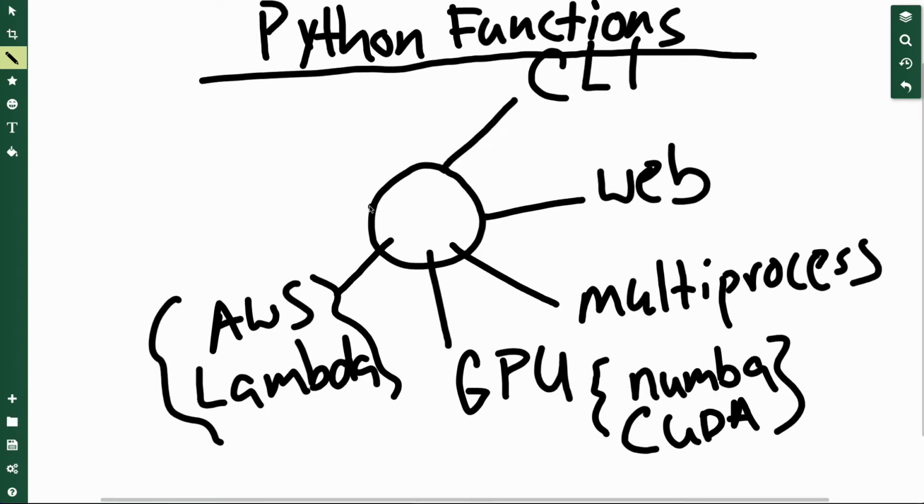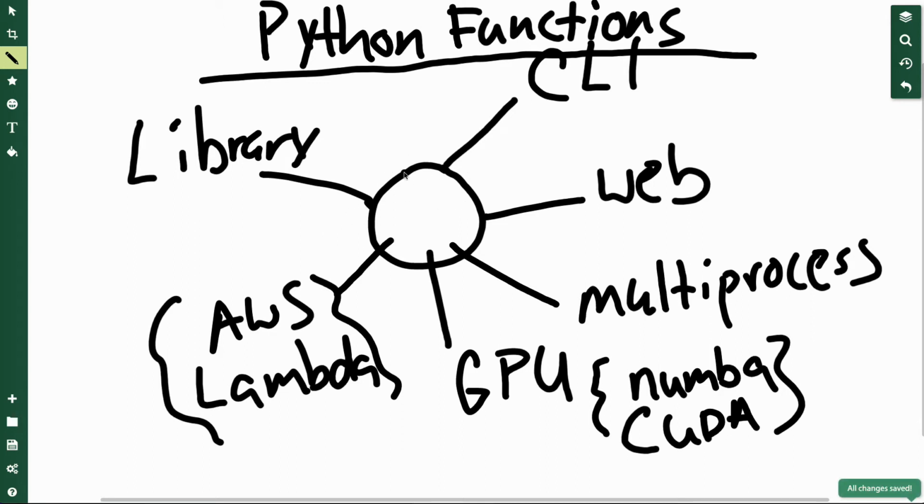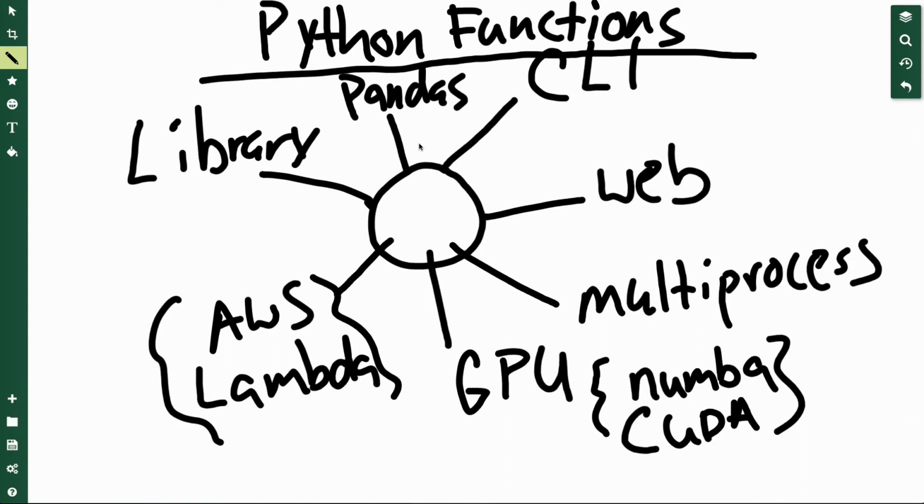There's even more that you can do with Python functions. In particular, you could also write your own library with a Python function. There's more and more things that you can do with it. We can also talk about pandas. Pandas works very well with a Python function. So we'll try to see how much of those we can get into. But again, it's very trivial because a Python function is an input, the work, the output. That's it. Those three things. And once you start to understand it, it's like, this is pretty powerful. We can do a lot of things with Python functions here.